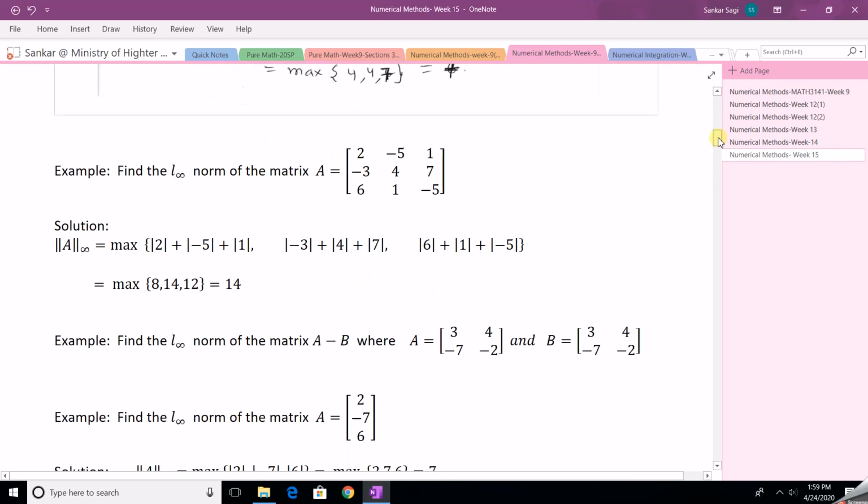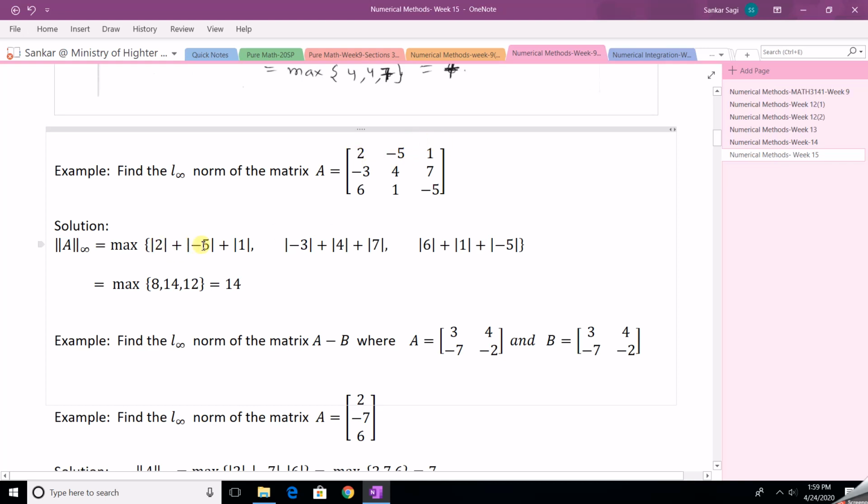You can have a look at this. Another example, find the L infinity norm of this matrix. So the same way, we find here the solution is given. We find the sum of the absolute values of each row. For the first row,